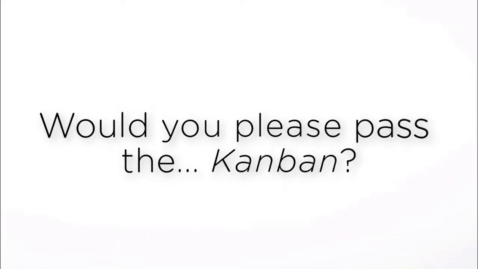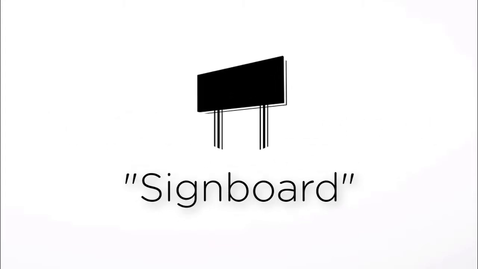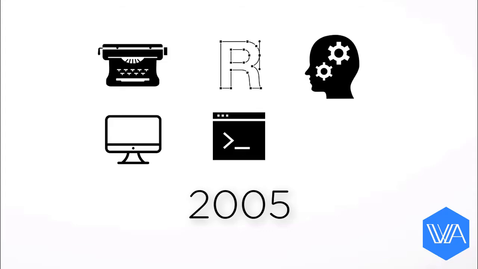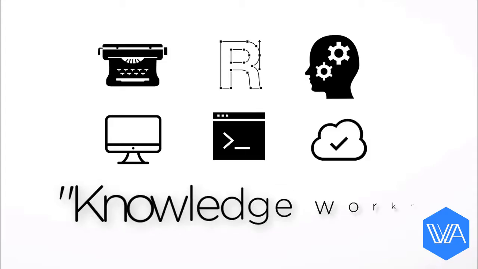Let's talk about Kanban. What does that even mean? Here's the super short version. Basically, Kanban means signboard or billboard in Japanese. And Kanban principles had their beginnings in the 1940s in the Japanese automotive industry. And then as early as 2005, Kanban took off as a way to visually manage workflow, especially in the area